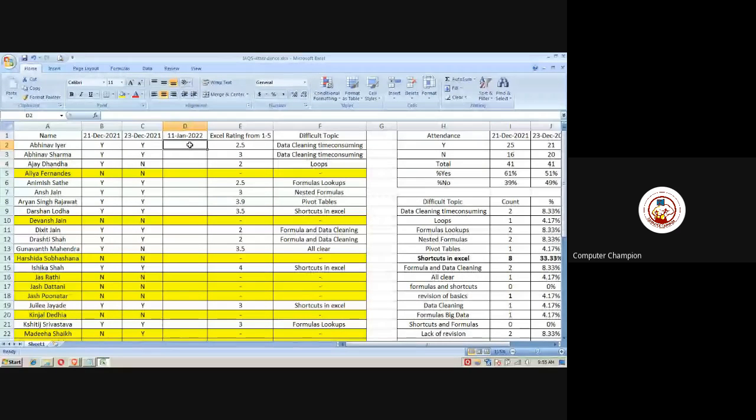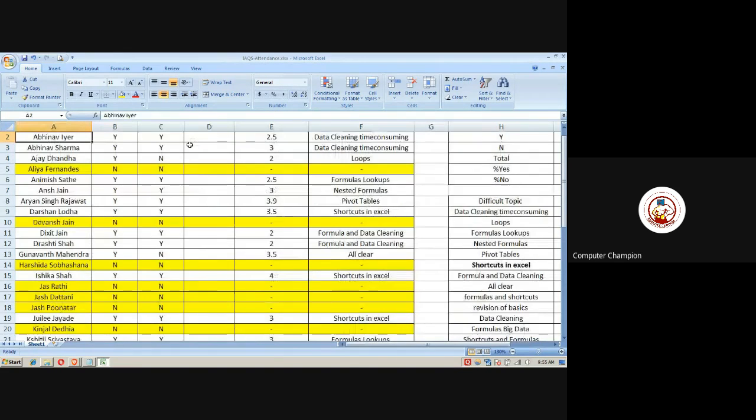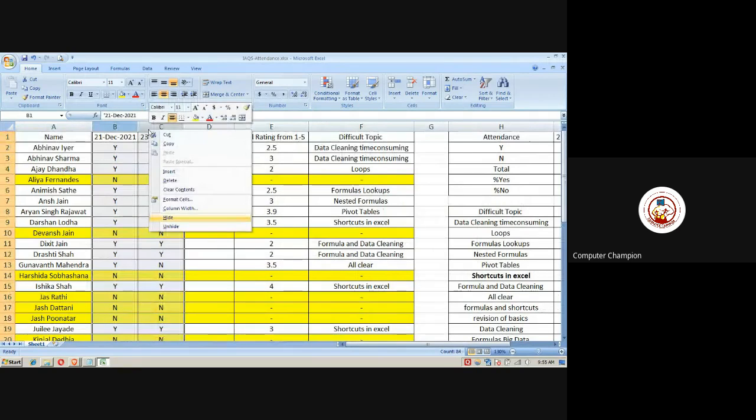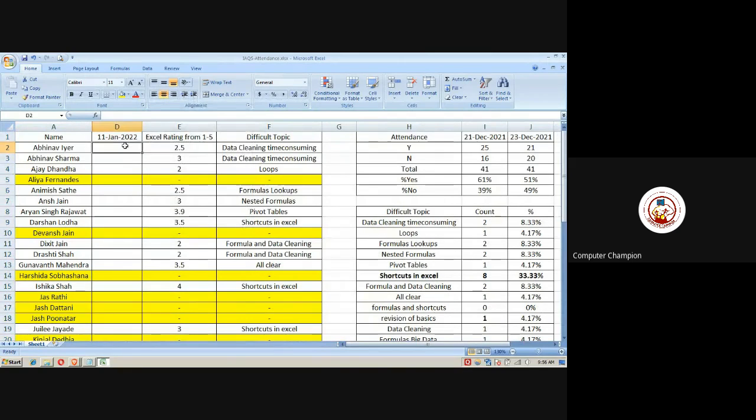So the same exercise we had done last time, one person will call the other person's name, right? I'll just hide these columns. Abhinav Iyer.